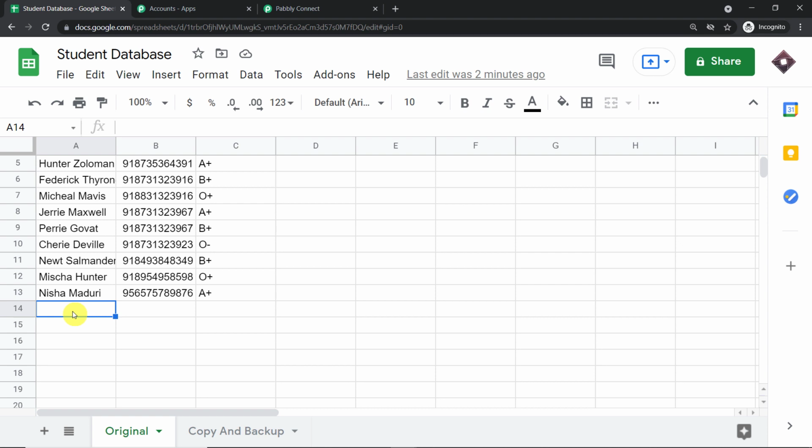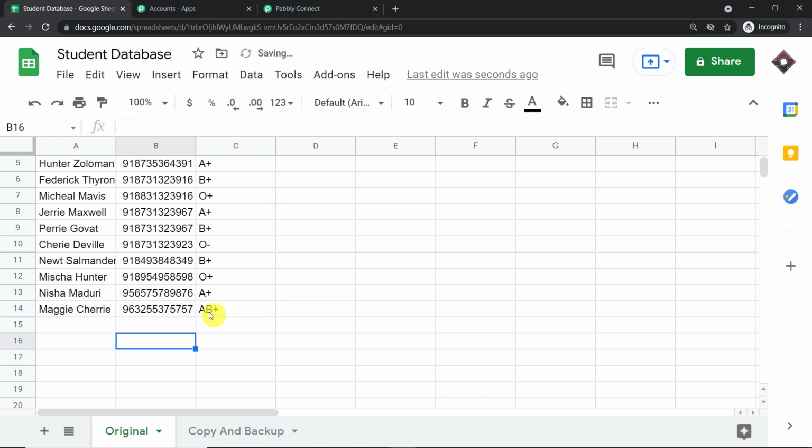So what we're going to do here is we're going to enter some details. So we have a person called Maggie, Maggie Cherry. This is the full name. And let me just add the phone number, a bunch of random numbers. Okay, let me just add one more number. And this is the blood group, AB positive.